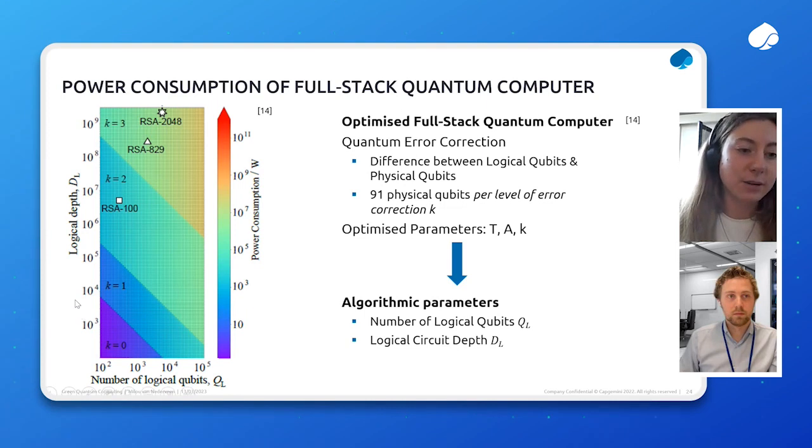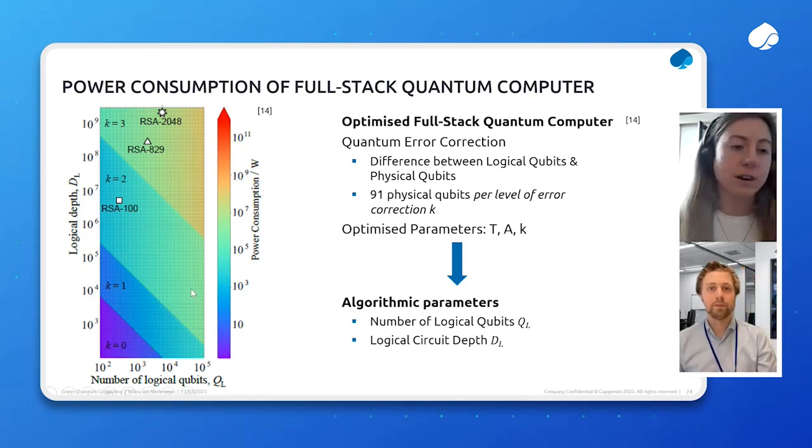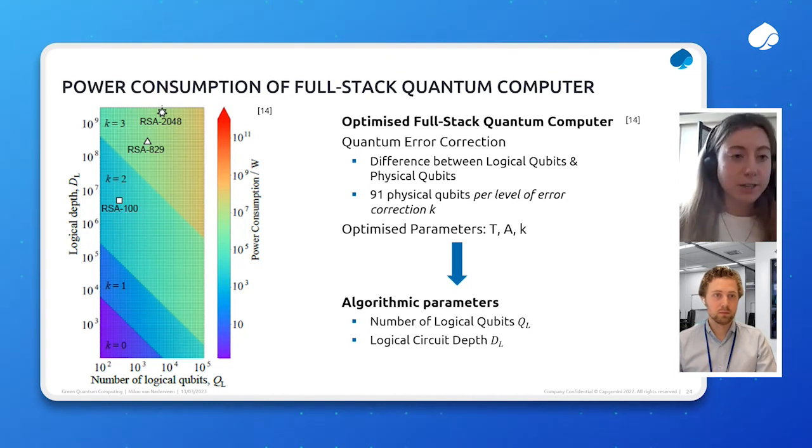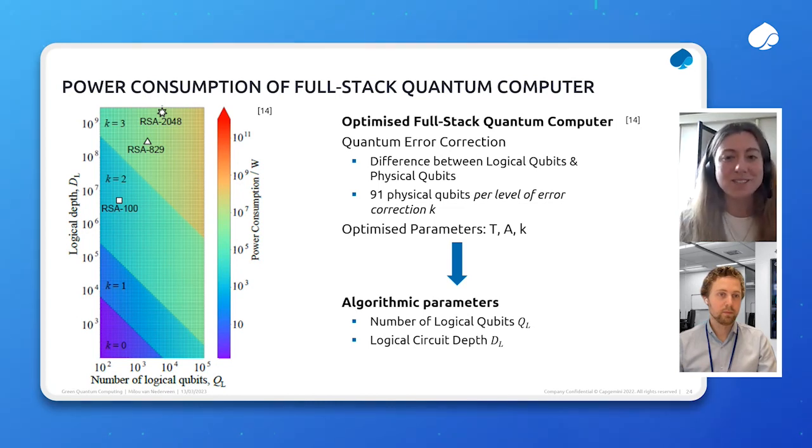And you can see that there are some jumps here, which are due to the optimization of the error correction code as well. Those are different layers of quantum error correction. In this specific paper, this is applied to the RSA encryption algorithm, which you may all have heard of, but in general, it's a way of encrypting a message safely, and the number behind RSA stands for the number of bits used to do this. So the higher the number of bits, the higher the complexity to break this code is, and the higher the complexity of your algorithm is.